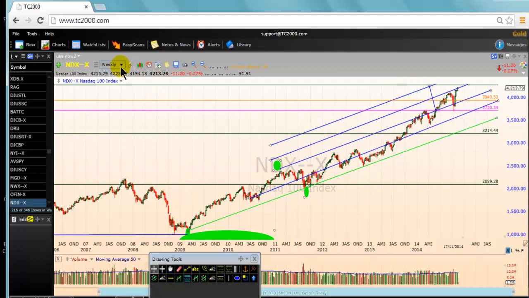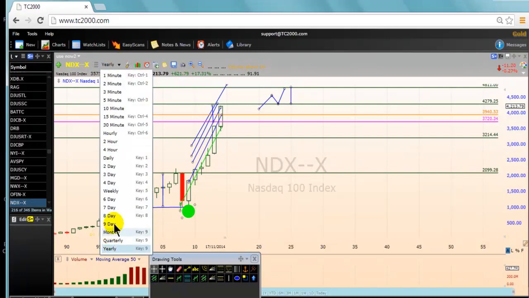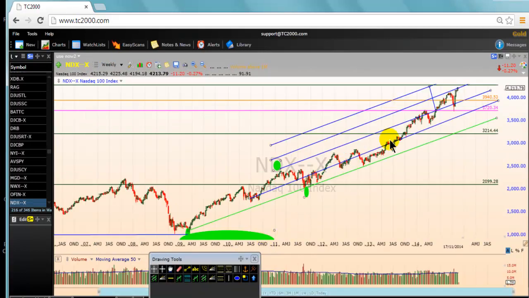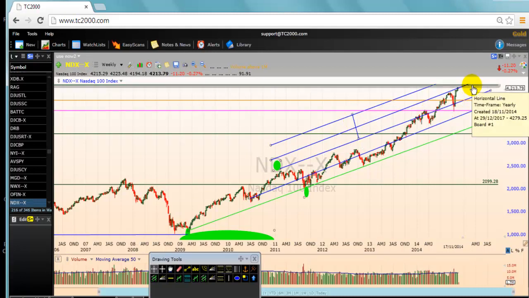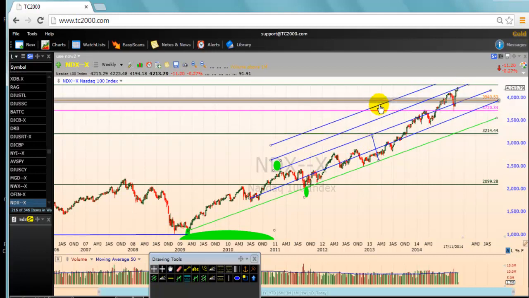So apart from the measuring stick that I use on the yearly chart, remember, are you with me? This measuring stick on the yearly chart is of the double bottom. Now we switch to the weekly chart. Now we are using a new measuring stick, this time the width of the rising channel, by projecting the channel to the upside. So we are approaching a resistance given to us by the first measuring stick on the yearly chart, giving us the current price target, 4279. But as we project our channel on the weekly chart, we realize that we are also on the edge of the median line of the second channel.